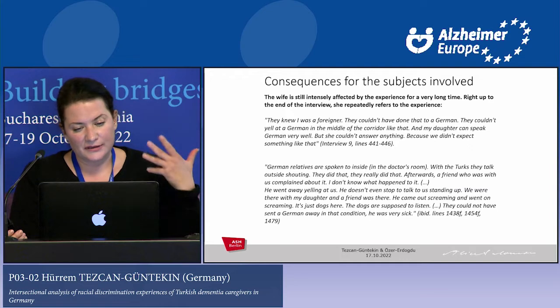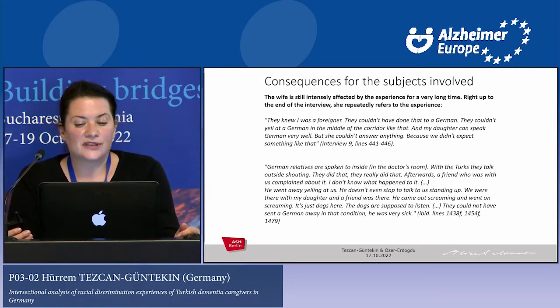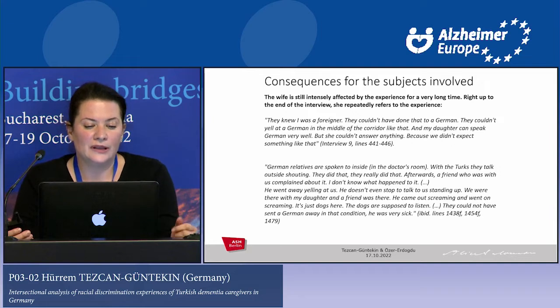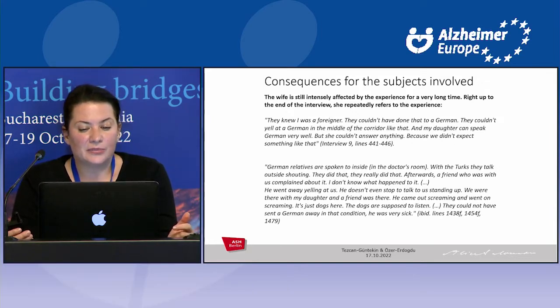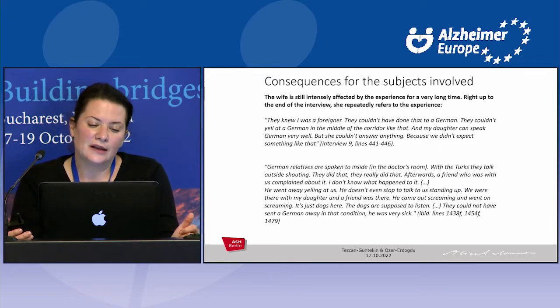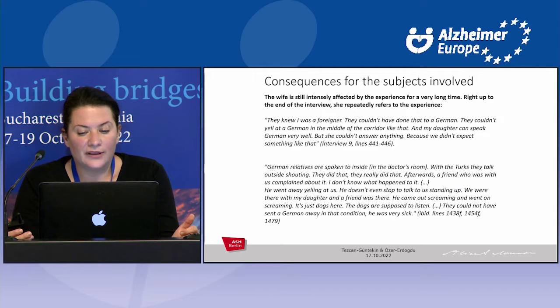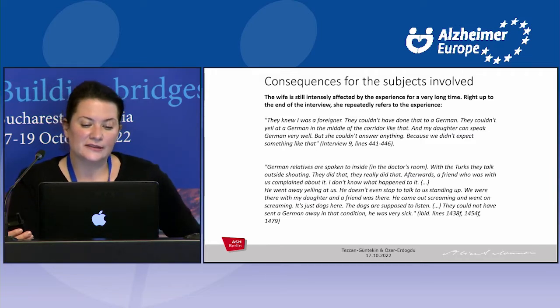if we think about the questions of Riegel, the consequences for the subjects involved was for her in this moment, the wife is still intensely affected by the experience for a very long time. We took the interview a few months later. Right up to the end of the interview, she repeatedly refers to the experience. She told, for example, later, they knew I was a foreigner. They couldn't have done that to a German. They couldn't yell at a German in the middle of the corridor like that. And my daughter can speak German very well, but she couldn't answer anything because we didn't expect something like that. And she says,